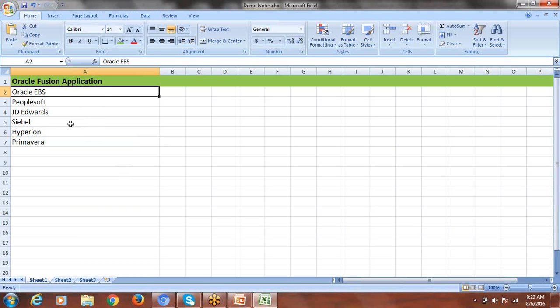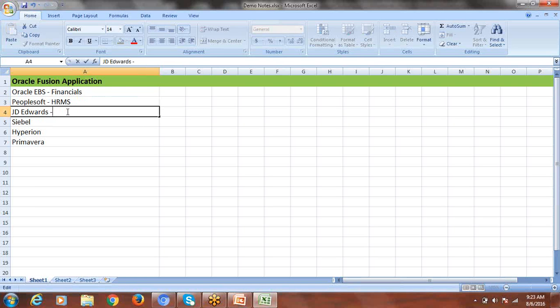we can see there will be some specialized area where the product will be very sound as per business requirement. From that point of view, when you look at our Oracle EBS, this is always the best product for the area of financials. From Oracle EBS, the best solution you can find is financials. In the same way, PeopleSoft is offering the best solution for HRMS. And when you look into JD Edwards,